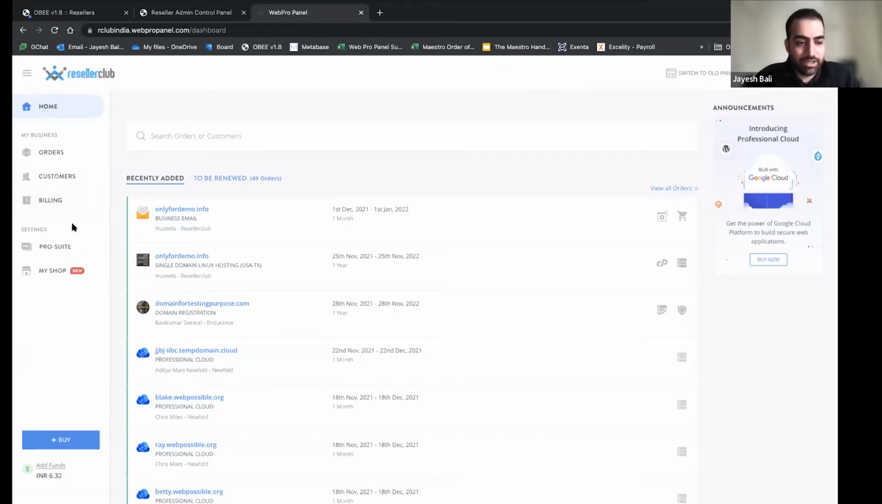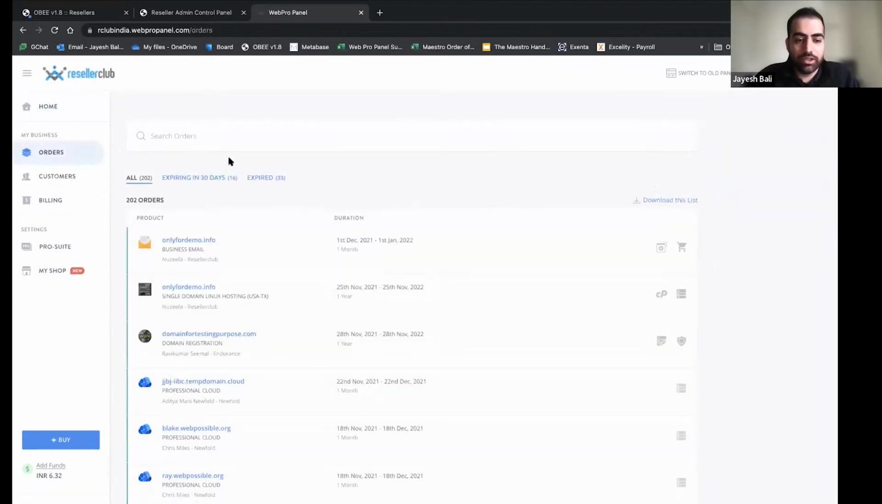And in Settings, we have two sections, Pro Suite and My Shop. In Pro Suite, we kind of call out all the modules that are available for you. And finally, in My Shop, we help you set the pricing for products. So in case you are reselling products, this would be the section that you would go to and set prices for them. So going into the orders section first,